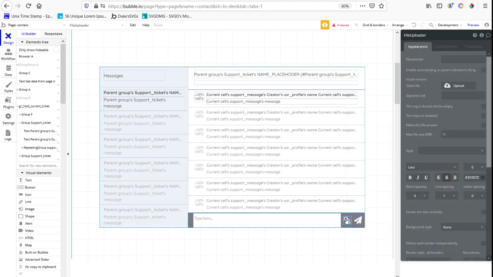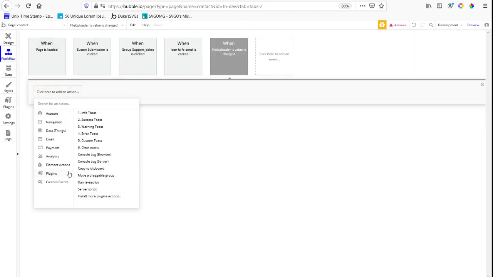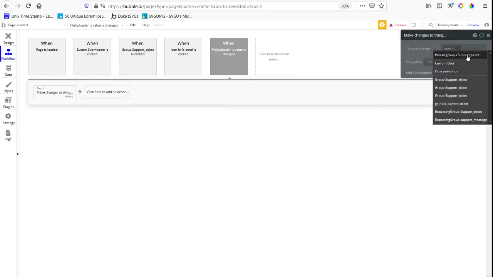And then that's sent to back, so I should be able to just click on file uploader. Good. And then we're going to right click on the file uploader, and we're going to go start edit workflow, and we're going to go file uploader's value is changed. We're going to go make changes to a thing, and we're just going to make changes to